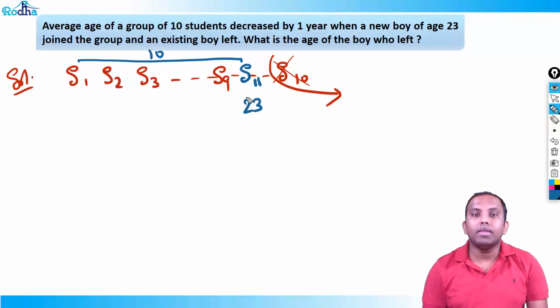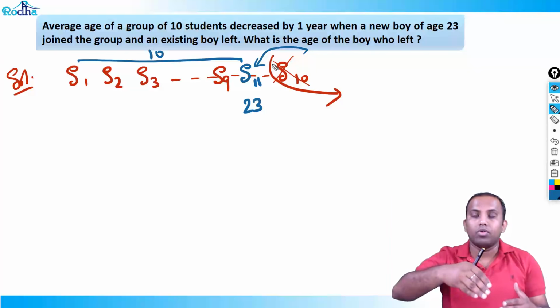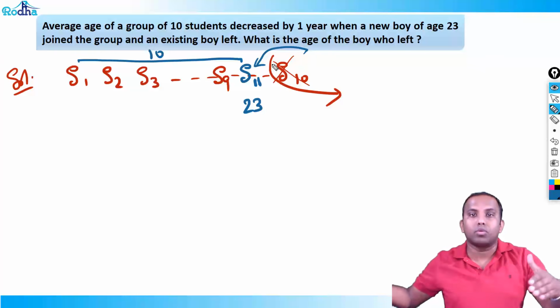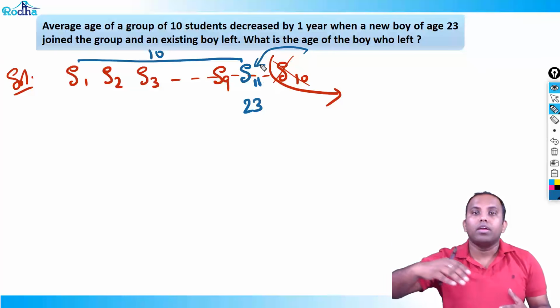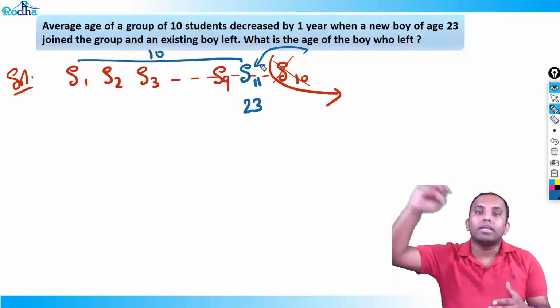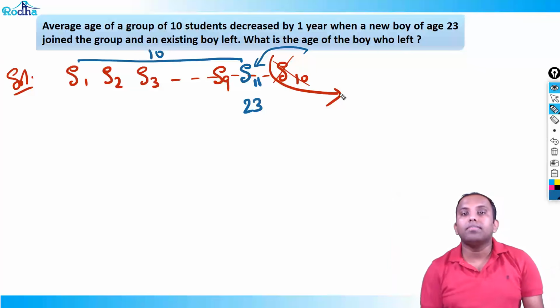When S10 leaves, S11 joins, so a person whose age is 23 years joins the group. And another person whose age is something, let's say X years, leaves the group, and still the average age of the group decreases by 1 year. So after one person leaves and another of age 23 joins, the whole average age of the group has decreased. That means the age of